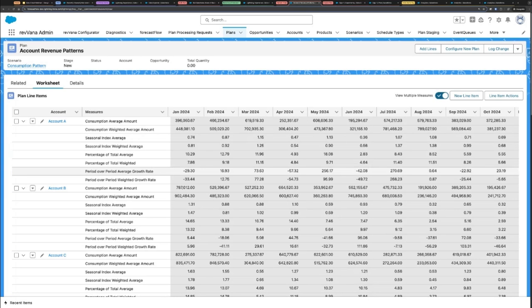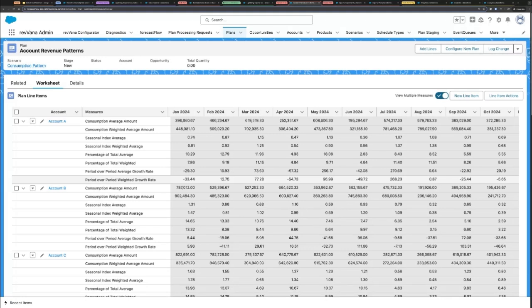But the idea here is that you generate these patterns at a certain level. In this case, it's at account level. But oftentimes, you can't just apply one singular pattern to your entire business. There may be some segments of accounts, like enterprise, that have recurring patterns, in which case you can go granular and look at the patterns by account and product. But then there might be SMBs that don't buy or don't use your product at a regular frequency, in which case the granular pattern may not be that useful. But if you up-level it and generate patterns at product family level or segment level or region level, then maybe those patterns could be applied.